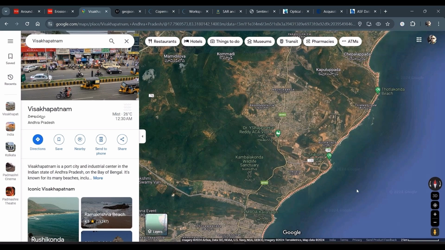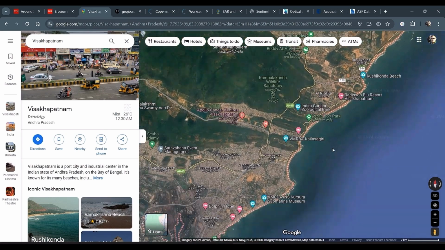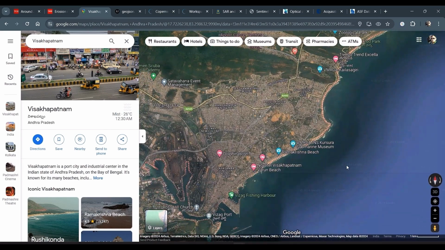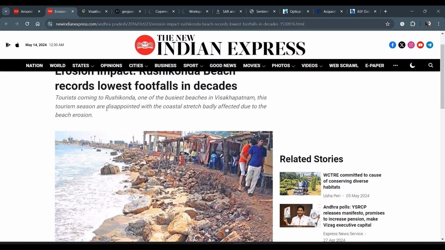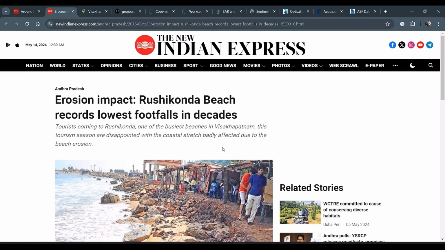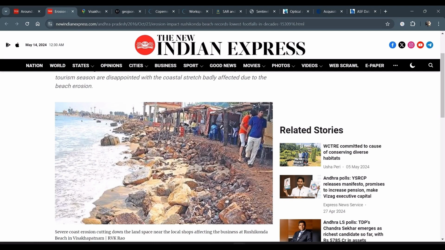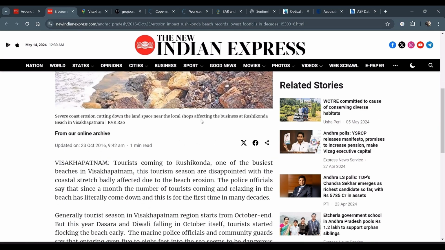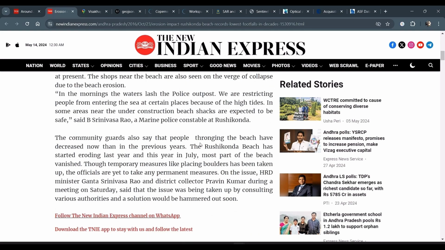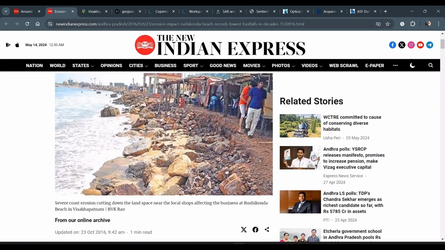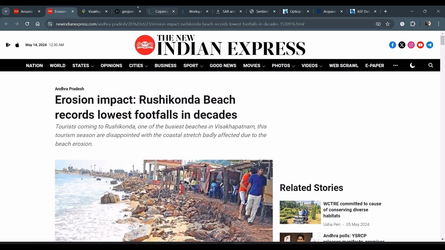Rushikonda is one of its famous beaches, as is Ramakrishna Beach and several others. Let me show you an article involving Rushikonda Beach, just for you to gain further context. The New Indian Express had reported in this article from 2016 that the number of visitors flocking to the popular beach destination of Rushikonda was declining rapidly because of the nature of the beach. And in July of that year, virtually the entire beach had been wiped out due to heavy beach erosion, spurring